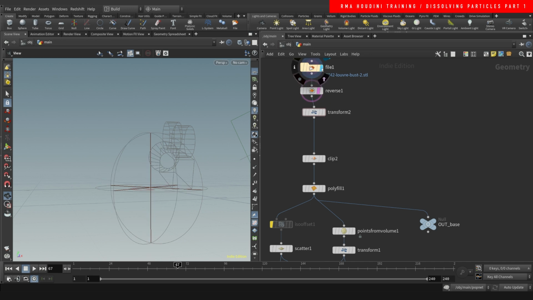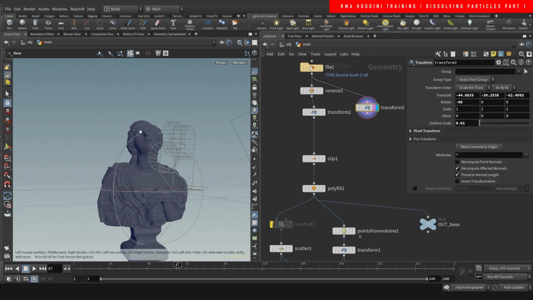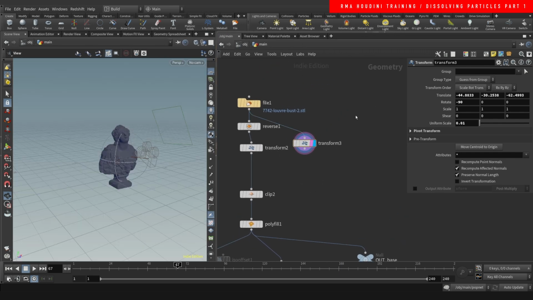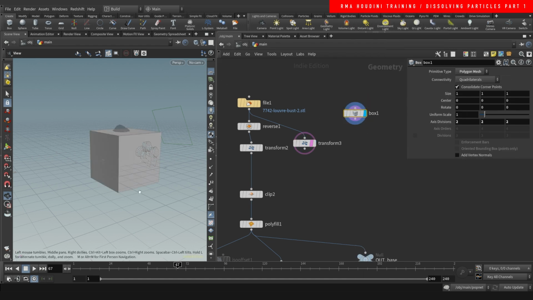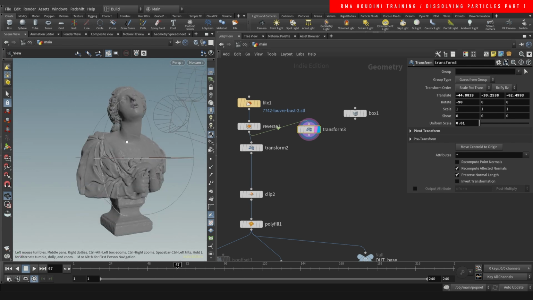So the first thing I'm doing is I'm reversing the normals, because if we bring this in, scale it down to 0.01, because we want to work on real world scale. If you bring in models, you want to measure them to see what size they are. So I usually bring in a box, and I know a box is 1 meter by 1 meter approximately. So see, that's kind of the size that I wanted this geometry to be. And then if we apply this reverse, it flips the normals, so that now the normals are facing the right direction. We're scaling it,